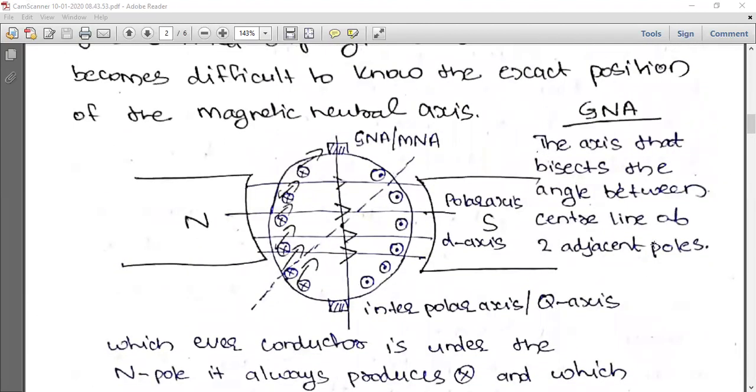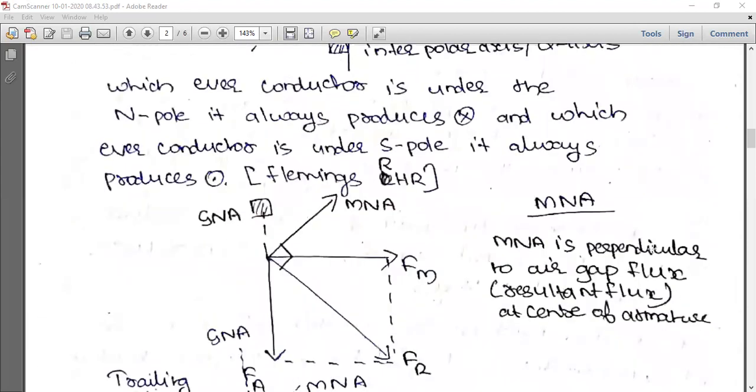So geometrical neutral axis, you understood what it is. That is the axis that bisects the angle between the central lines of two adjacent poles. That is the geometrical neutral axis. Fine. And the difference from the other one, that is the magnetic neutral axis,